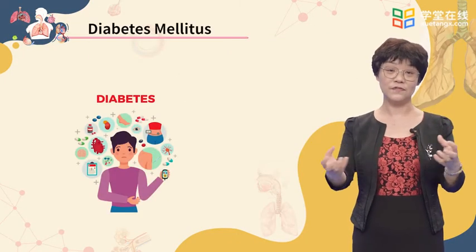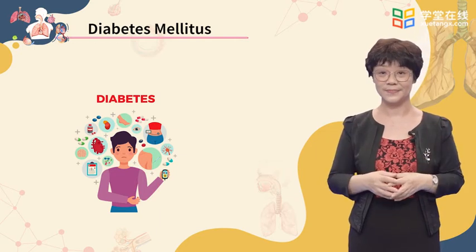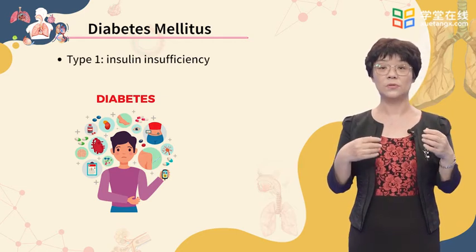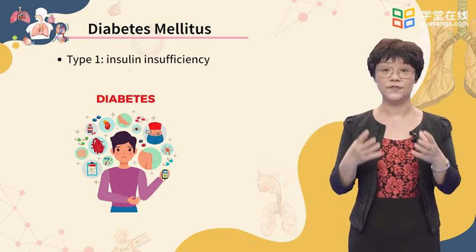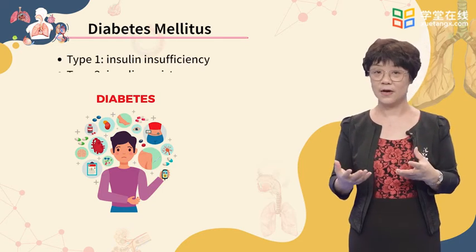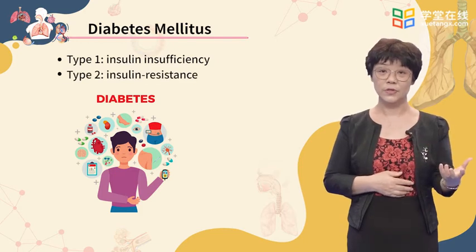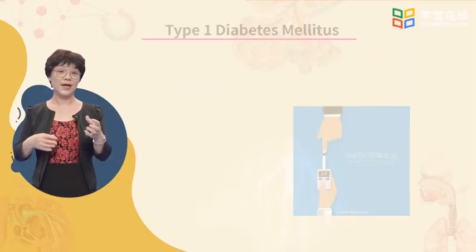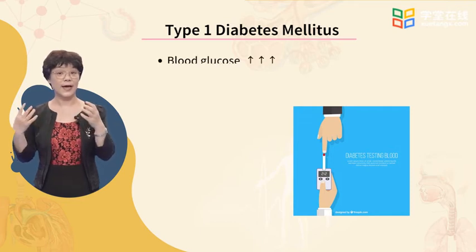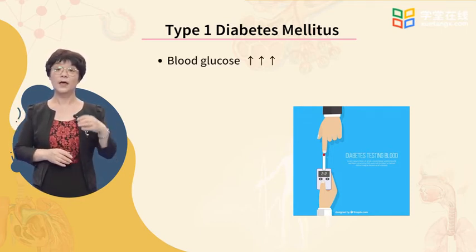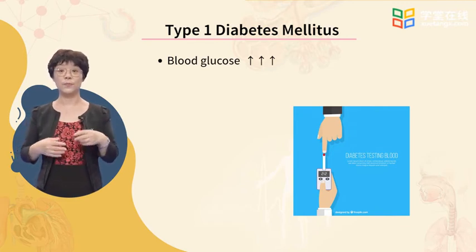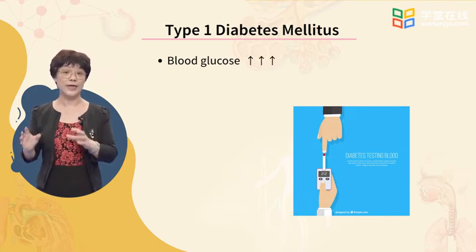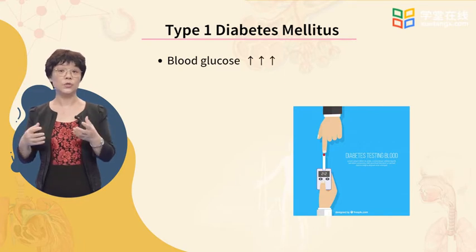The major disorder involving insulin is diabetes mellitus. In type 1 diabetes mellitus, there is inadequate or no insulin secretion due to loss of functioning pancreatic beta cells. In type 2, we have insulin resistance of target tissues. Type 1 diabetes mellitus is characterized by the following changes: increased blood glucose concentration from decreased uptake of glucose into cells, decreased glucose utilization, and increased gluconeogenesis,